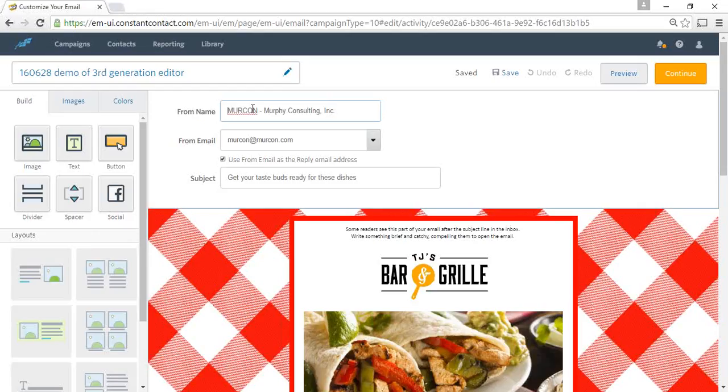One tip about from name: put your name and your company in the from name so people know who it's from. I get emails all the day, it's from John Smith. Well, I don't know who John Smith is with, and I just delete it. Put your company name so people know who you are. From email address,